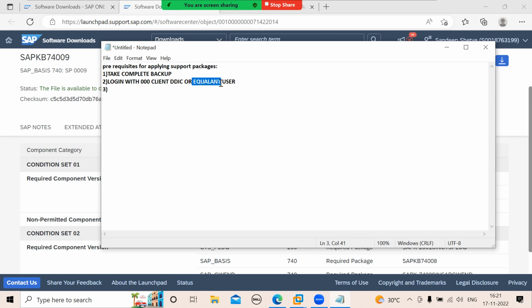Not SAP*. What is the difference between SAP* and DDIC? Anyone? SAP* user is for configuration tasks. DDIC user is for maintenance tasks. Configuration means TMS configuration, background jobs configuration, client creations, and so on. For all these things, we use SAP*. DDIC means data dictionary. If you want to change some table level structures and their interrelationships, then we should log in with the DDIC